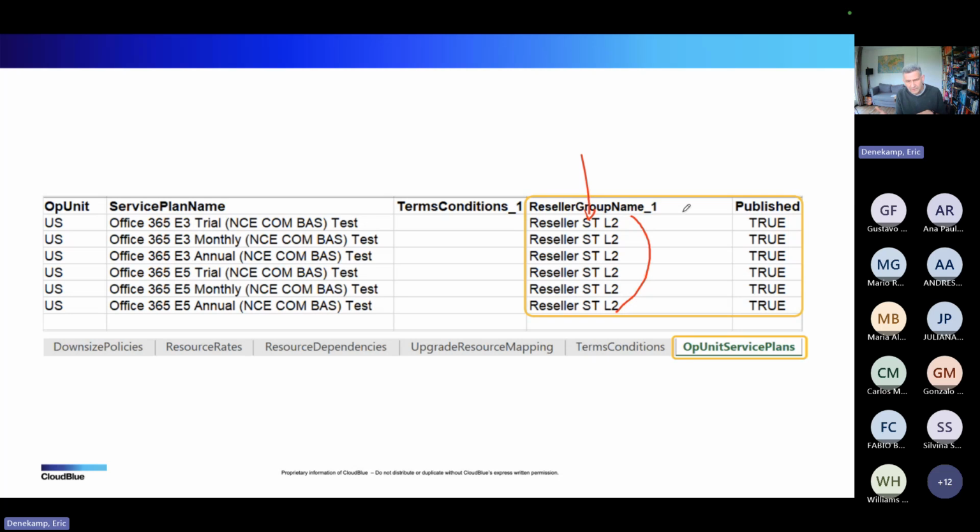The only problem is the Excel sheet becomes huge, and I would not say unmanageable, but it's not the friendliest way of doing it. But it is a faster way than going through a wizard first to create all those plans, then having to go into a reseller template and delegating them there, and then synchronize, etc. So there's a lot saved by going into the Excel sheet, especially when you consider that that PPR file for most products will be handed to you by product management.